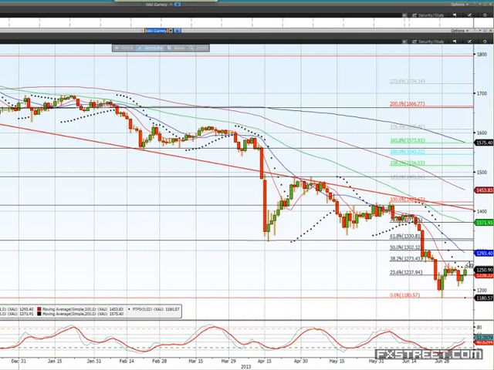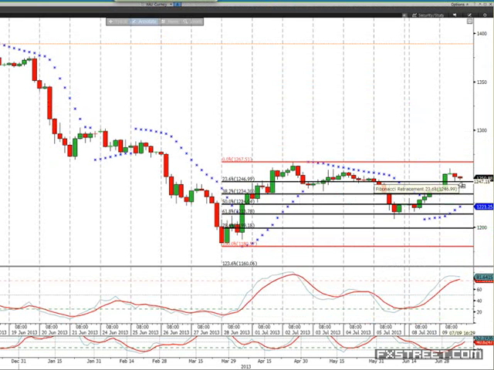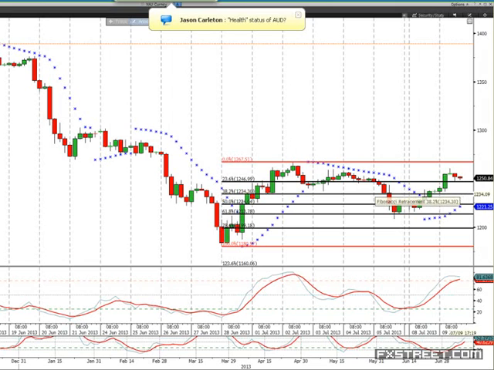Watch 1273 anyway. If we see a close above there, then yeah, we can push on higher to 1300, 1302, but 1273 is going to be a struggle. 1267, 1273, so that's the area to watch, I would suggest. On the downside, 1237, 1234 is going to be the most important support. So if we start getting below 1245, look for the 1237, 1234 area. That should be decent support.